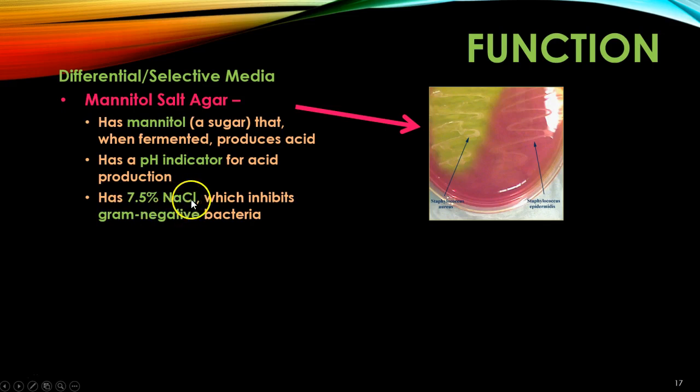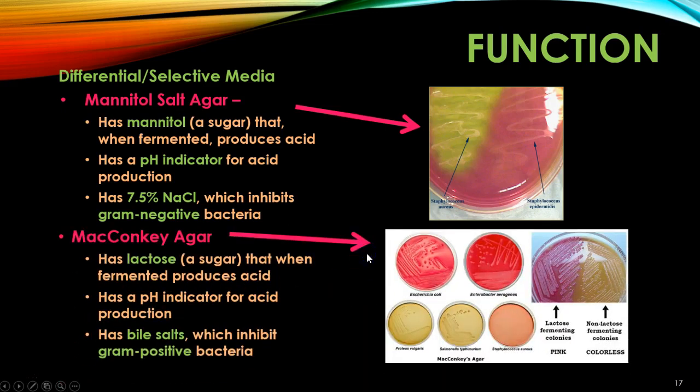And this 7.5% sodium chloride is a fairly high salt concentration. If you think about it, when you get an IV in the hospital or wherever, emergency room, that kind of thing, that's at 0.9% sodium chloride. So this is quite a bit higher. And so it inhibits a lot of bacteria, including the gram-negative. So we use this for isolating those. On the other hand,